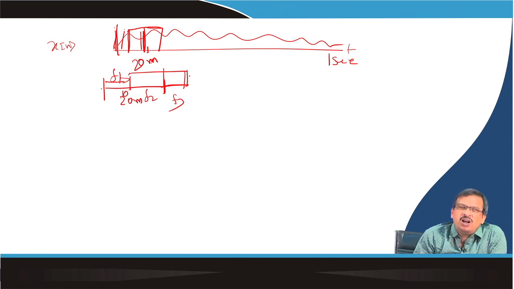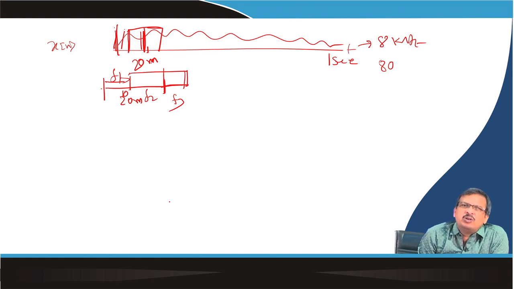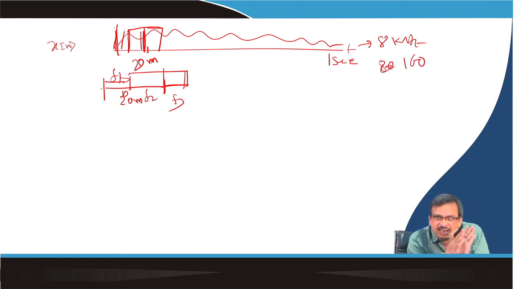Why? Because suppose the signal is 8 kilohertz, the sampling frequency is 8 kilohertz. Now, you know, in 10 milliseconds there will be only 80 samples. So, if I pad so many zeros, then the spectrum will not be that correct, the frequency resolution will be a problem. So, what I will do, instead of 80 samples, I take 160 samples and I shift the frame